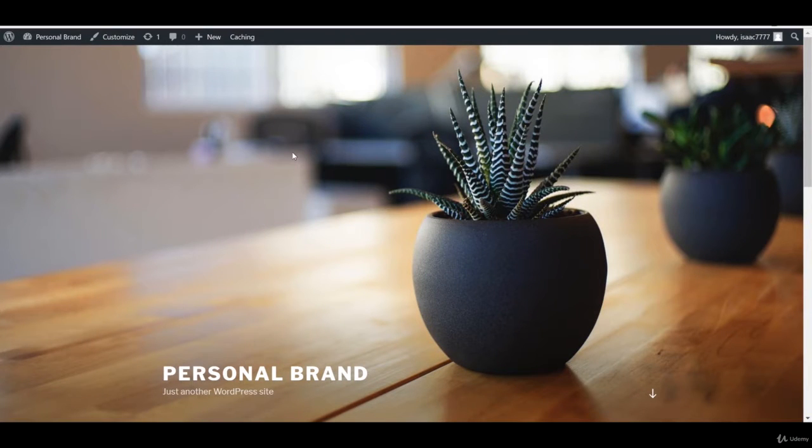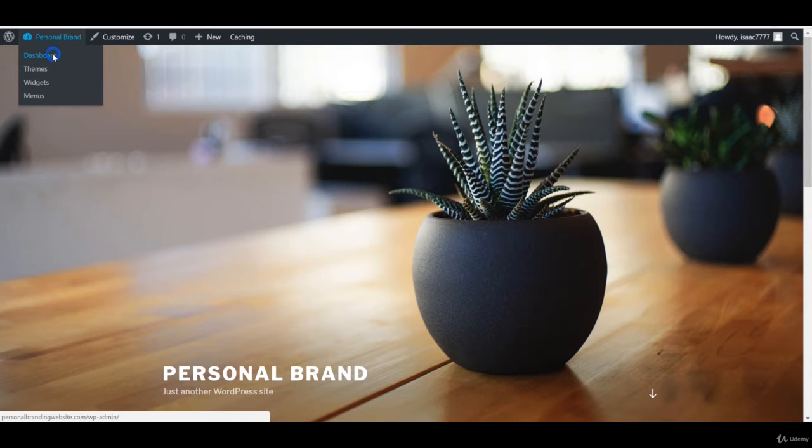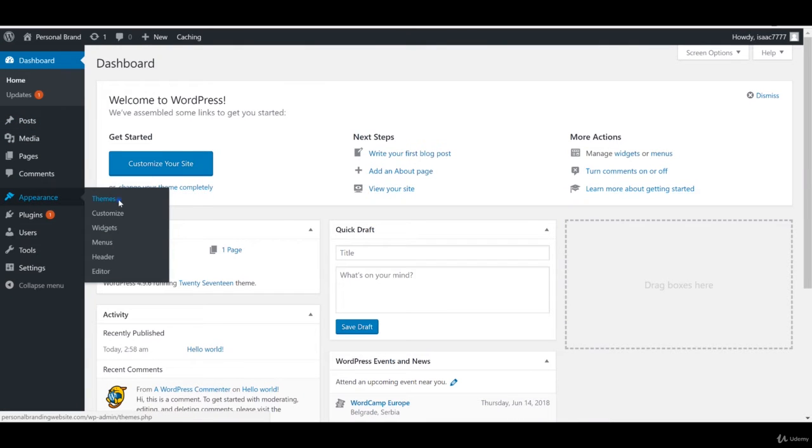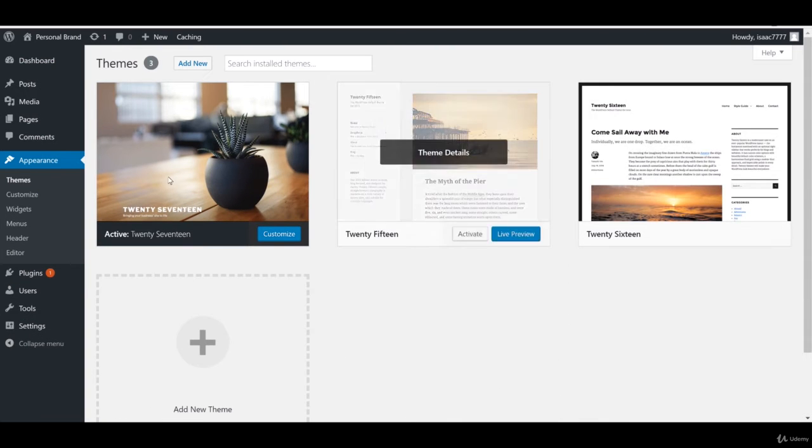Alrighty, so the first thing we're going to need to do is actually go through and install this free theme that we're going to be using as a base for building our website. So what we're going to do is go back to here and go to Dashboard. And then we're going to go to a section called Appearance, Themes. Now, this is where we go through to install